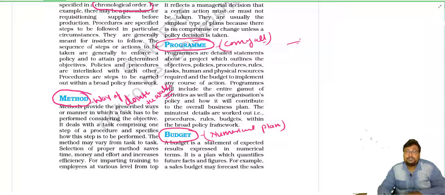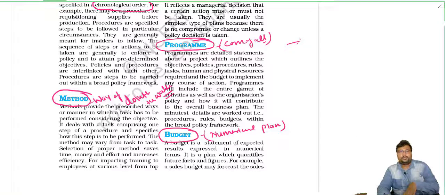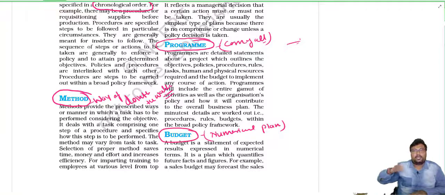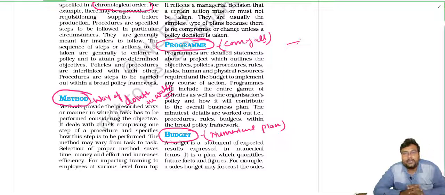For example, suppose this year our revenue is 5 lakh rupees and expenses are 3 lakh rupees. Now, for the coming year, we think in advance how much revenue will be generated and how we will spend from that generated revenue, where we have to cut the expense, and where we have to increase the revenue. All that will be considered a budget. So a simple numerical-terms plan will be considered a budget.